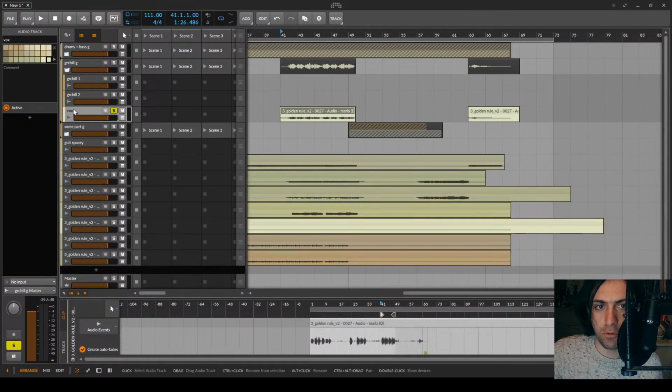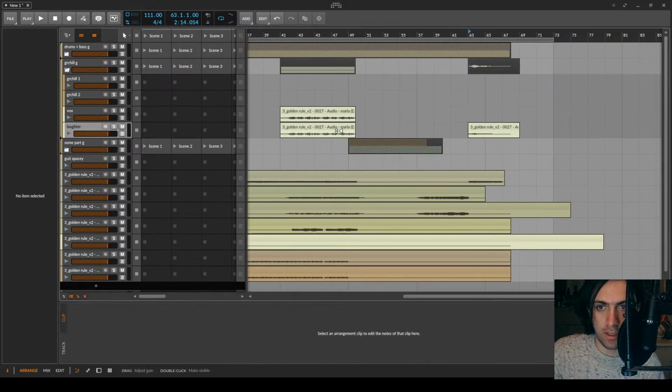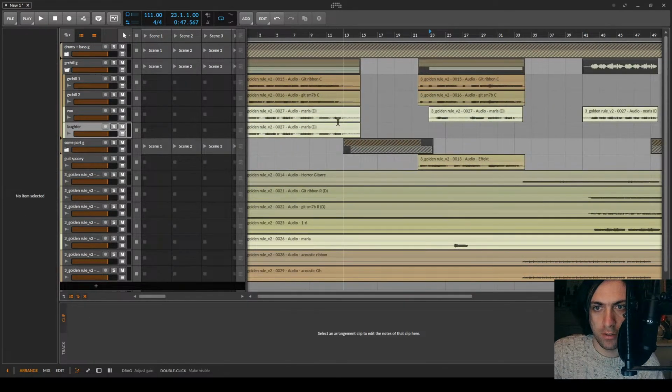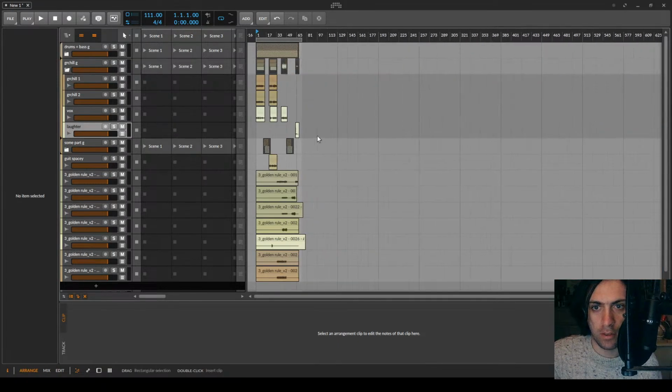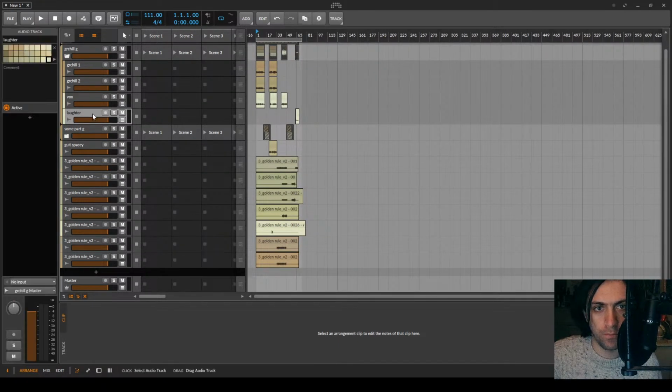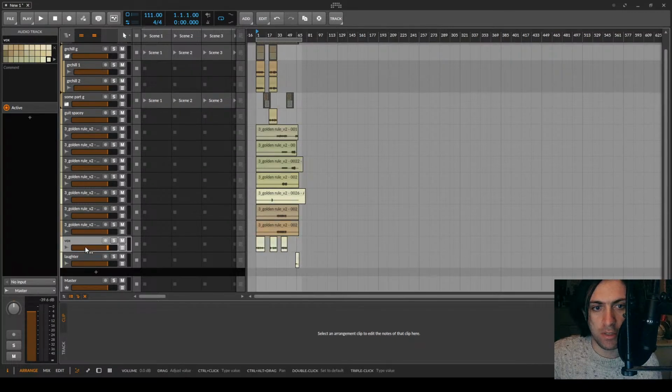But I will make a separate track for that, so that I can actually remember what the function of this end part was. And then it belongs somewhere else. Vocals in general, I want to have a separate place for them.